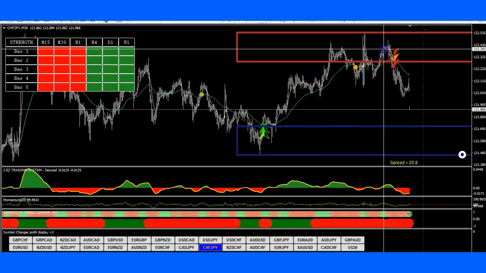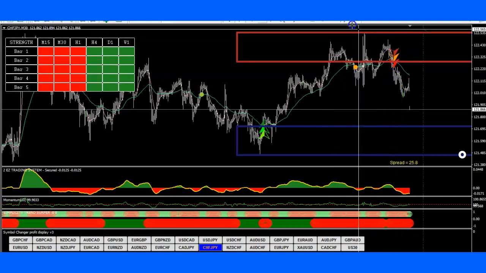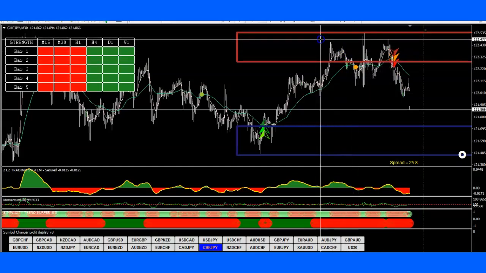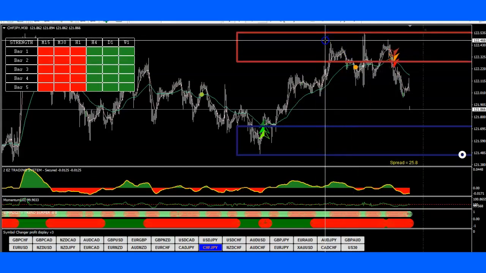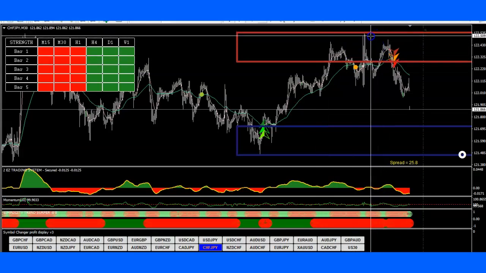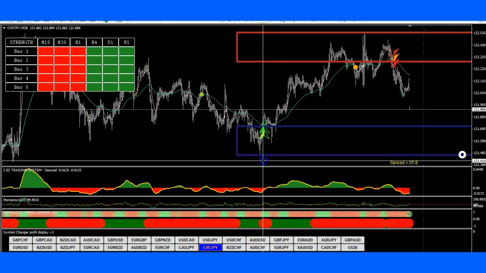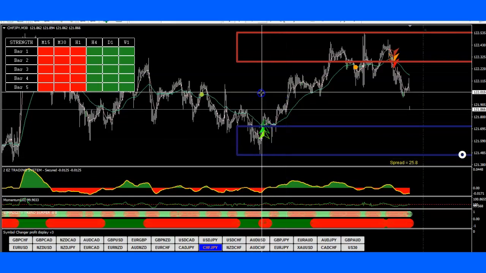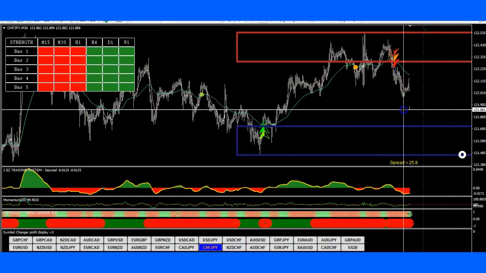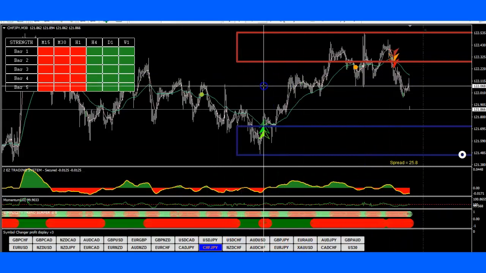Later during the week it started working in my favor, but normally this sell zone was right here, not up here. The sell zone is going to move with the higher highs, and it's going to move with the lower lows also. So that's where I had my losing trade. I had another losing trade, but it was very minor, like 10-15 pips. That was it. So I was in profit about 40 to 45 pips